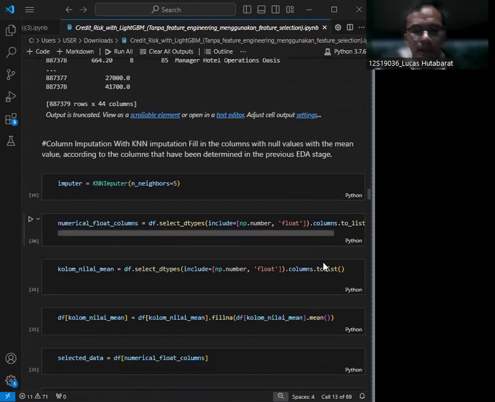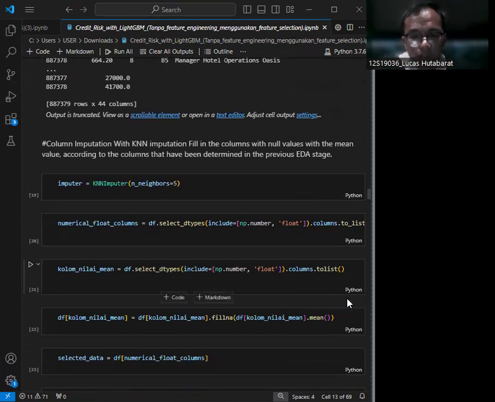And then we impute missing values with KNN. We use the KNN imputer to fill missing values in numerical columns, leveraging the similarity between data points for accurate imputation.